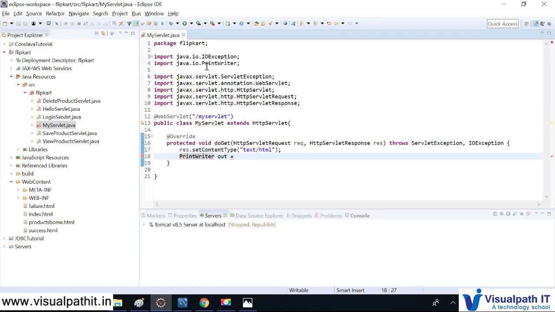Now it got imported from java.io, and I'm giving response.getWriter,